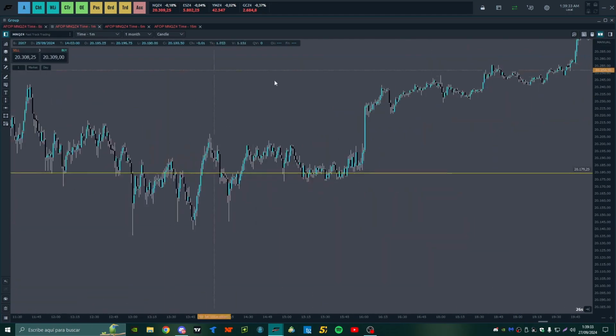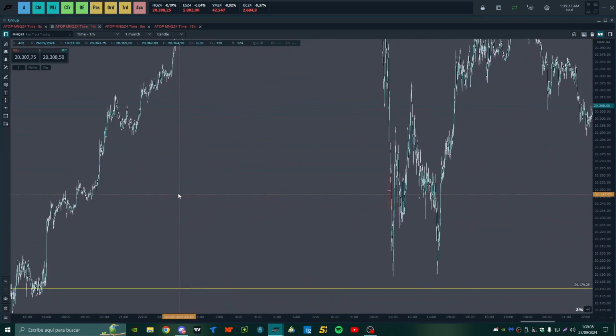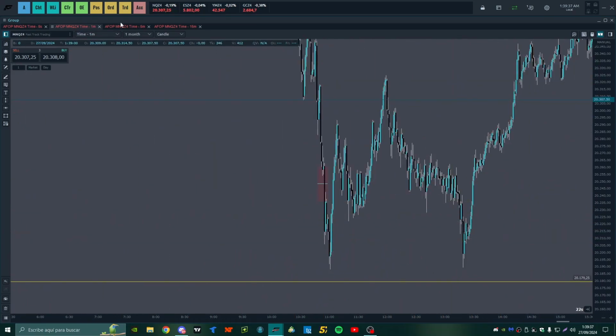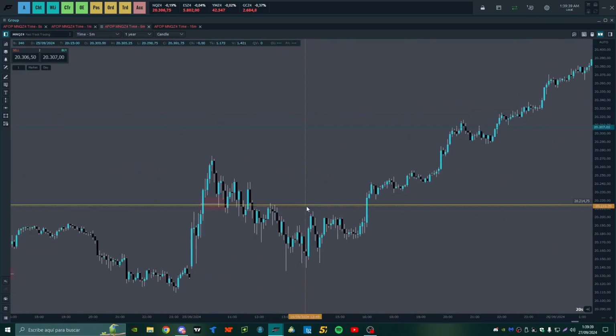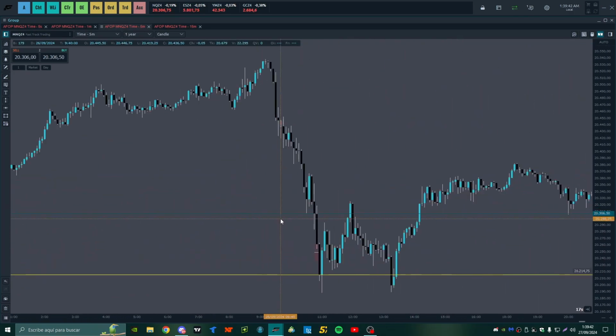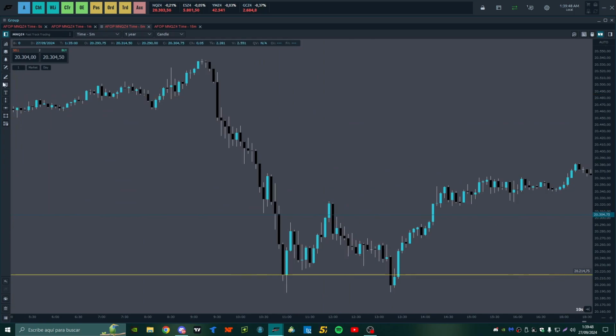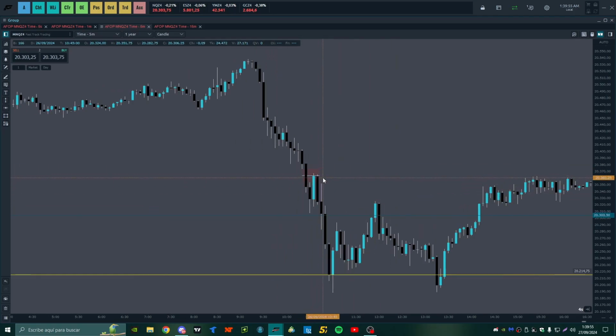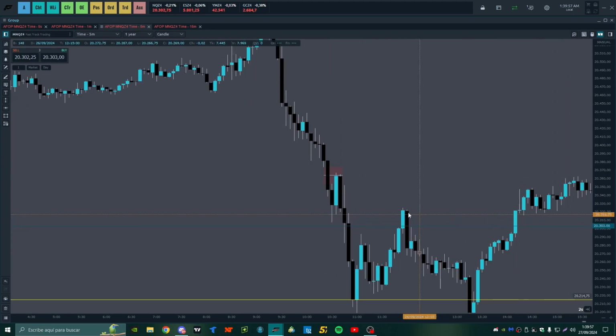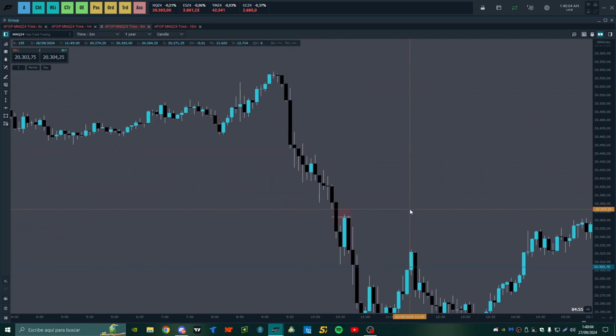Hey, let's see. What had I marked? I think this was the 5-minute imbalance that I missed. Oh no. I don't really know what this was. The 5-minute imbalance that I missed was this one here. I wanted to enter this short. That was the only imbalance here. After having done all this accumulation, there was no more. And this one didn't have to be.